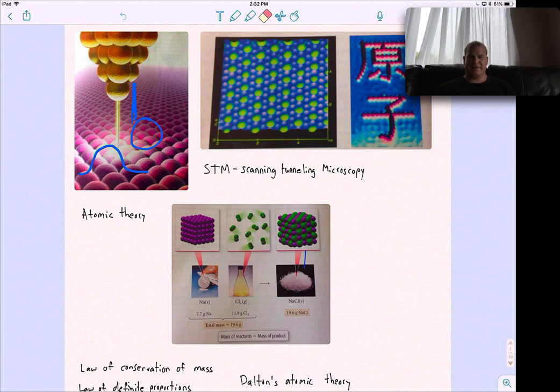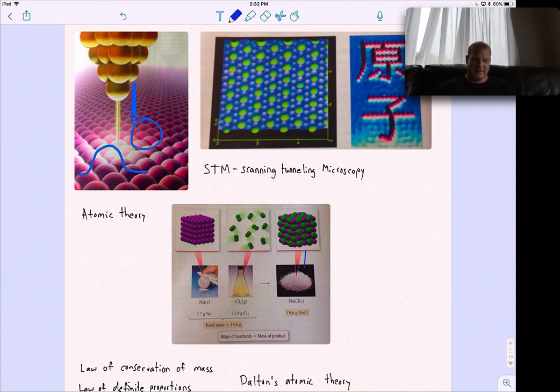Something to notice, though, is that the first image on the left shows atoms that are all very spherical, and the ones on the right look kind of like pimples. Atoms don't really look like pimples. They look like they're pretty spherical. And the reason for that is, if you see